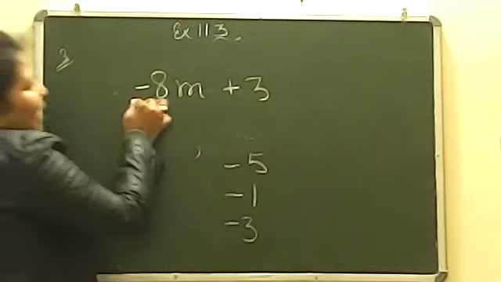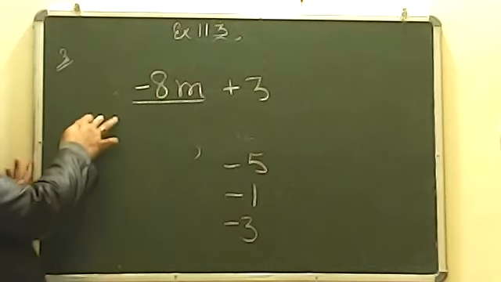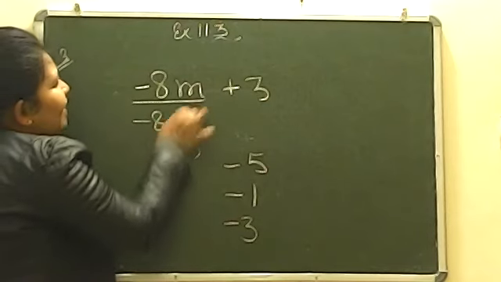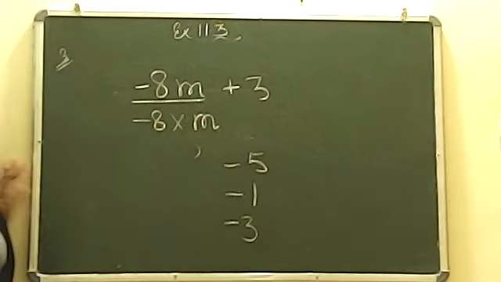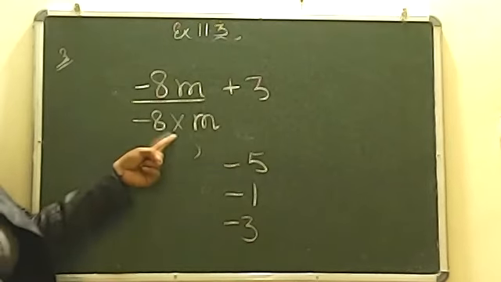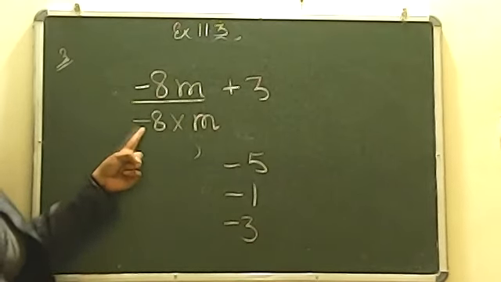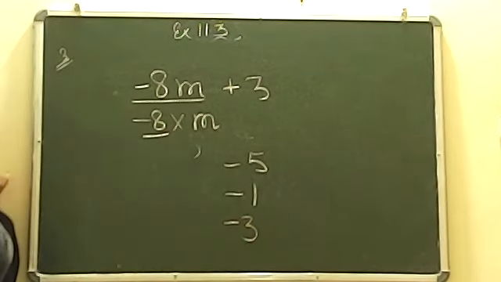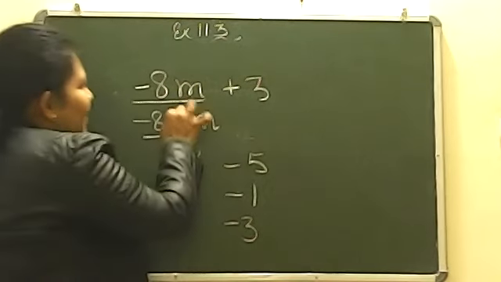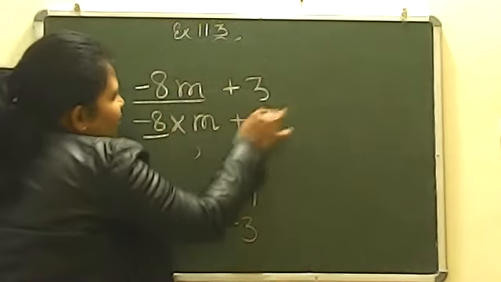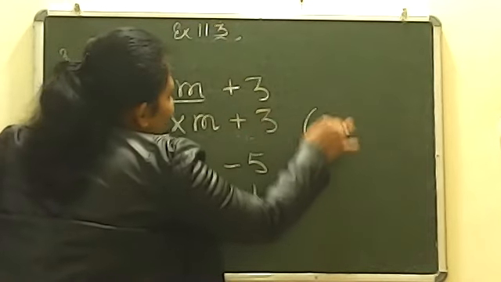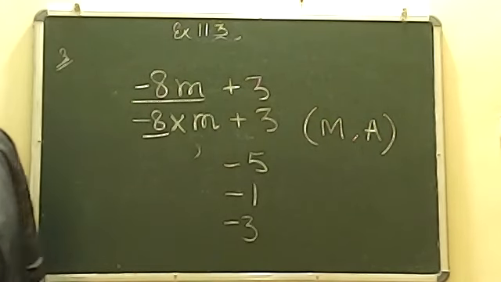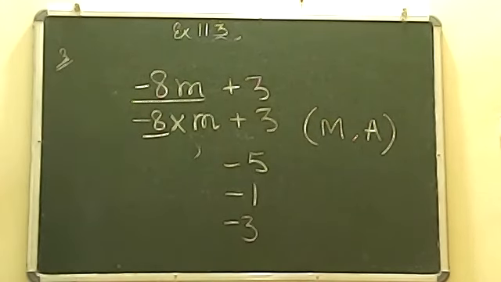It means यहाँ पर लिखा है -8m. इसके आगे तो कोई है ही नहीं, है ना? So we have -8m means -8 into m. So we have operator multiply. We don't have minus operator, beta. This is -8, ये इसका sign है, ठीक है? It is not the operator. So remember, we have operator as multiply and addition. So we have only two operators here: multiply and addition. Finished. Okay.